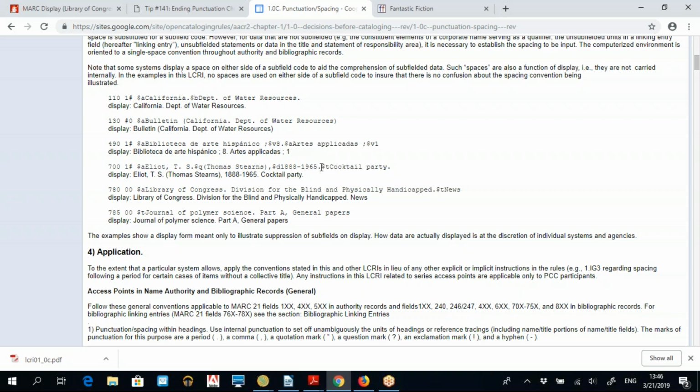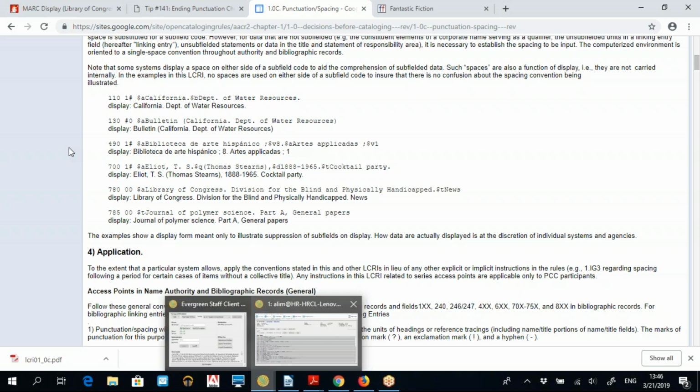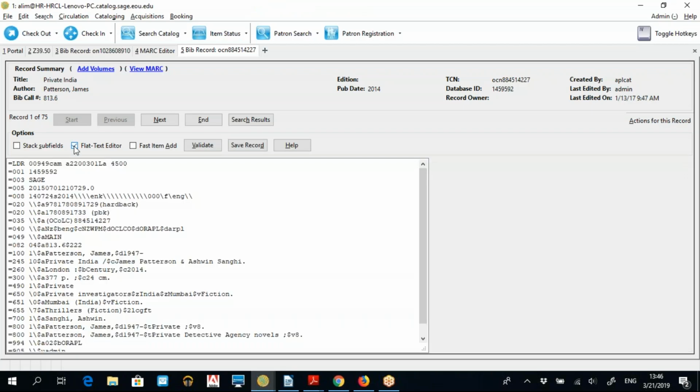Now, one thing that I noticed, so I know everyone works differently when they're entering in information. I tend to use the flat text editor because I find it easiest. It's just a more natural typing experience for me. I know that Beth, I think you tend to use the regular editor. One of the things that used to be the case, and I don't know if this is why we're having some display problems with the updated version of Evergreen, is that before you could enter this